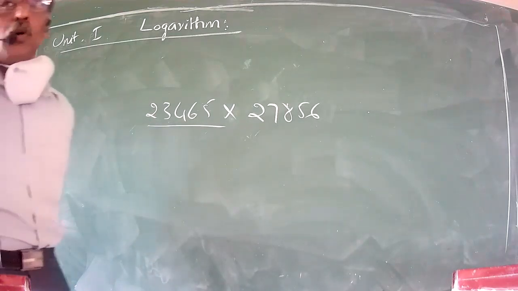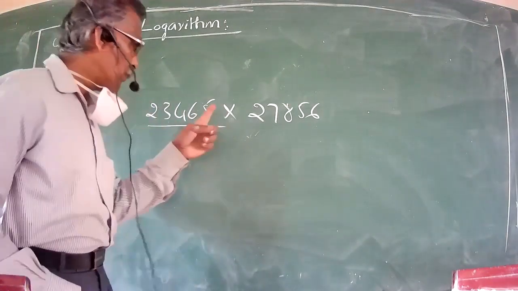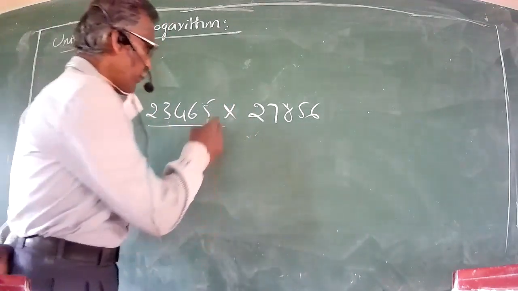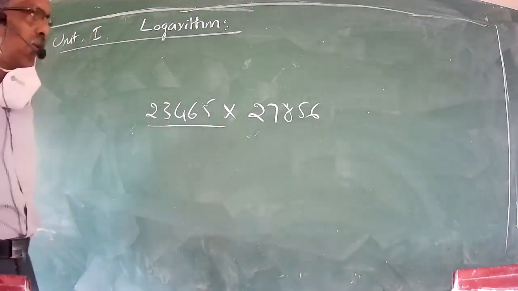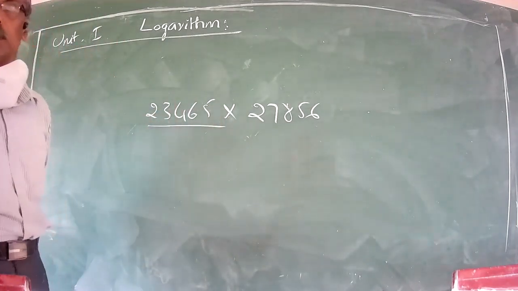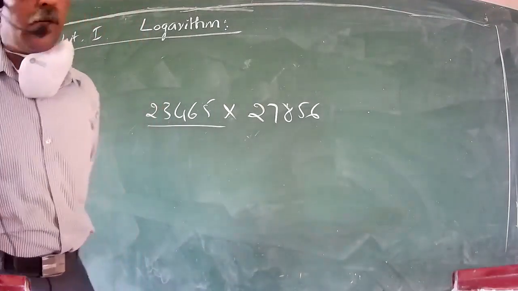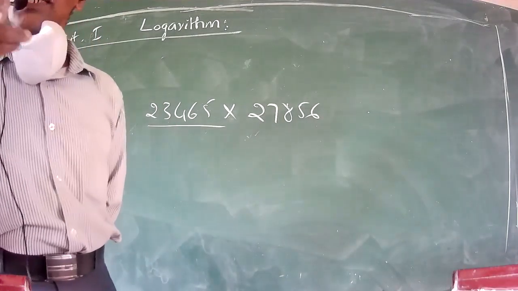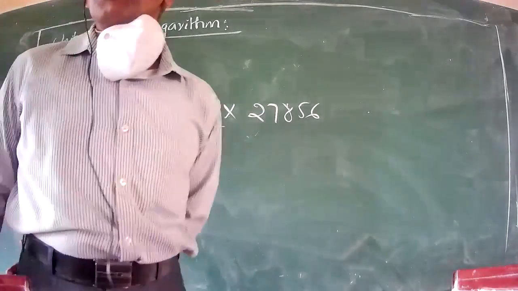So to simplify this, instead of multiplication, which is more difficult than addition, it is made simple so that multiplication becomes addition, and division is changed to subtraction. That is easier than multiplication and division. So logarithm gives a tool.